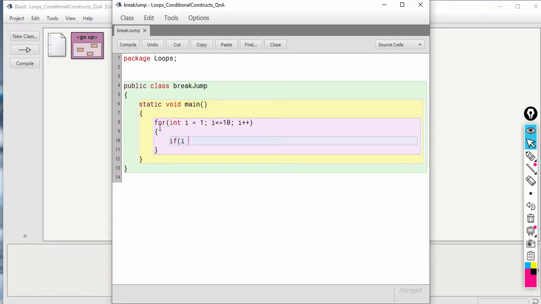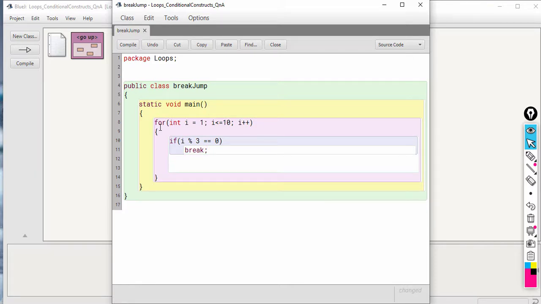If I modulus 3 is equal to 0, okay, then I will use the break keyword. Else I will print the value of I.